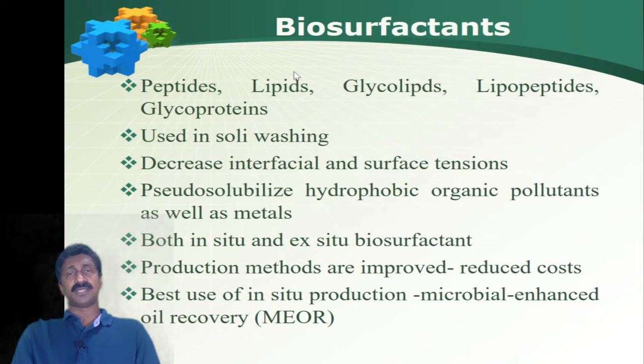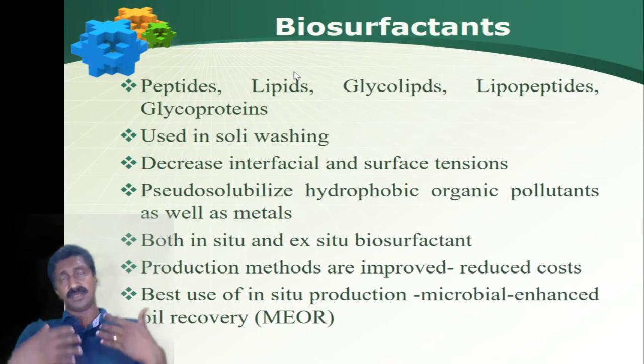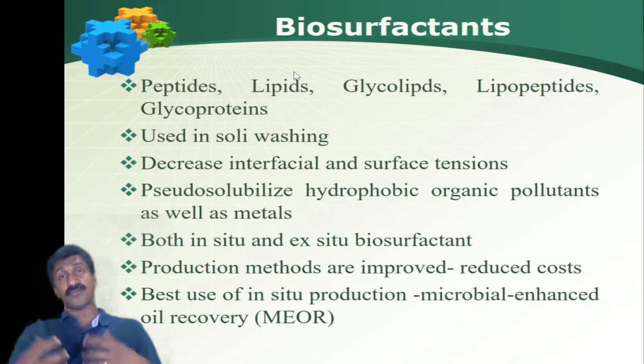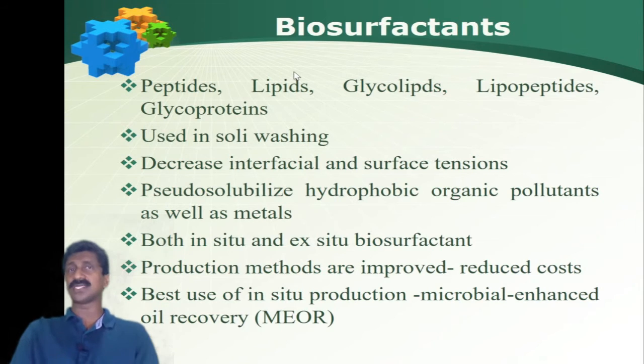Then production methods are employed. This is it will reduce cost. For example, you can initially instead of supplying a biosurfactant which is already produced outside, you can introduce such organisms which will produce biosurfactants into the wells, and which, the growth and activity of that organisms will release biosurfactants in situ, and that biosurfactants will enable the solubilization of and release of the petroleum products or even pollutants which is present in the underground soils.